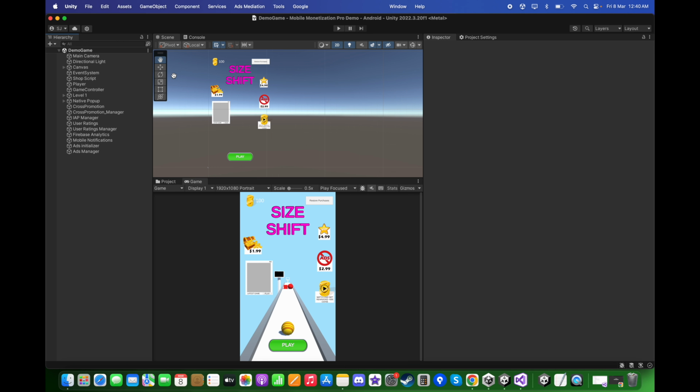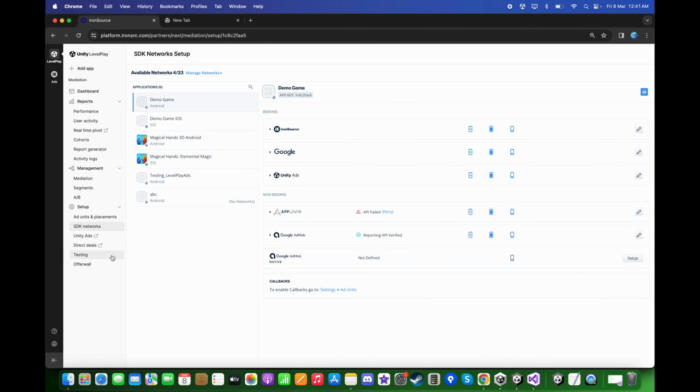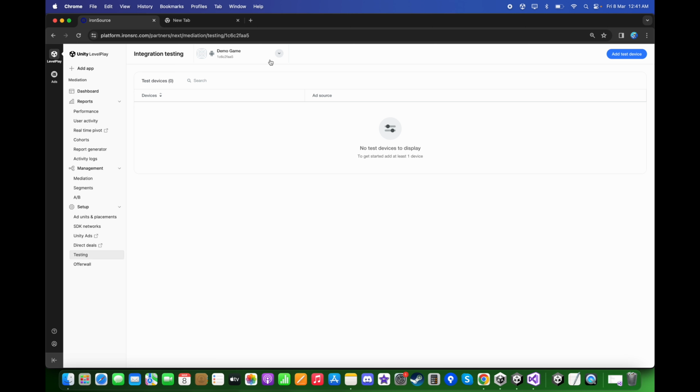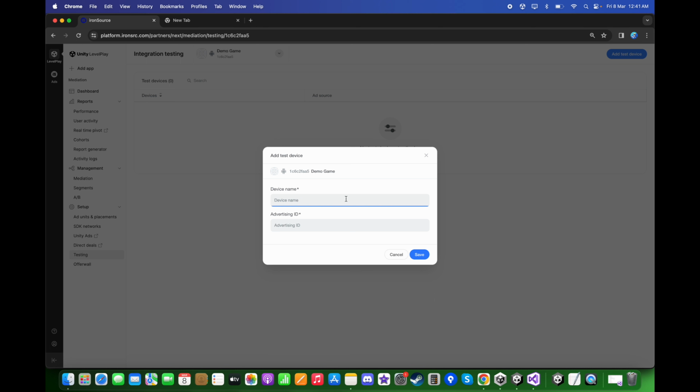Now we are ready to test the game on the Android device, but before testing it on the Android device, we need to make sure to add the test devices in the IronSource dashboard. To do this, in the IronSource dashboard, click on Testing, and here from the top choose demo game Android. Click on Add Test Device. Enter your device name. I will type Android